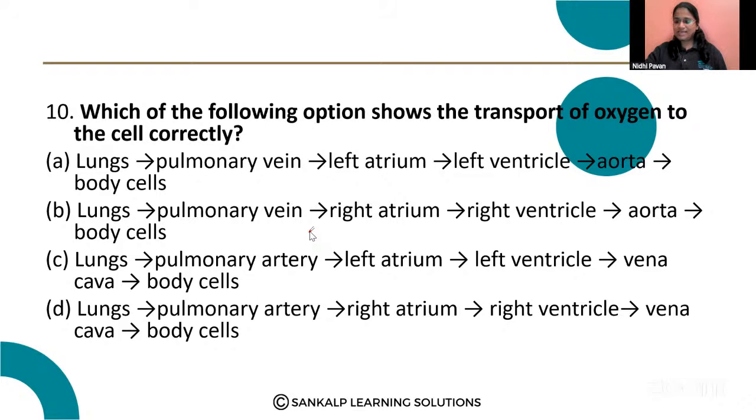Yes, exactly. What is the right answer for 10th question? Shashikumar, Shobha, Jnaneshwar, Sadanand, Chandrakala, Bhutesh, Yogish. Okay. Exactly. Option number A. Lungs, through the pulmonary vein, oxygenated blood comes to the heart. Then it will go to left auricle, left ventricle, then aorta, then to the body cells. So the 10th is a right answer.